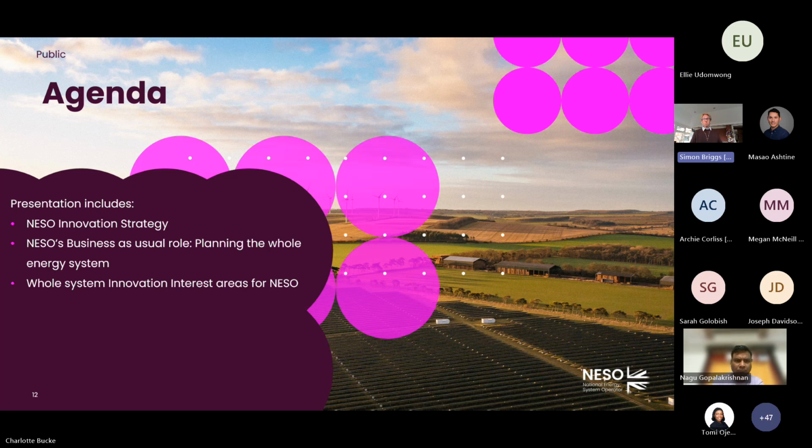And that covers a little bit of our thinking in terms of where NISO are headed, both in terms of our new roles. We're a relatively new organization, only established just under a year now. So there's some context there about how our role is changing and how that relates to our place in the innovation ecosystem generally. But then Archie's going to cover some stuff more specifically related to the whole systems challenge, some of the stuff we're already working on and the areas we're probably going to be most interested in.